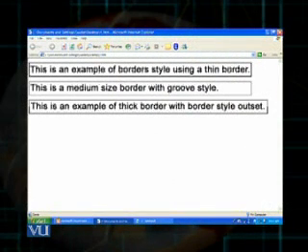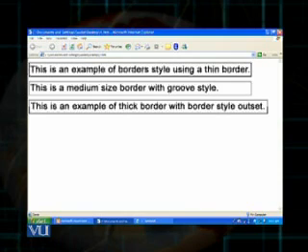In the slide before you, I have created 3 boxes and I have used the border style. I have enclosed the sentence in the first box: this is an example of border style using a thin border. Then there is some space, and then there is the second box, and the line reads, this is a medium-sized border with groove style.